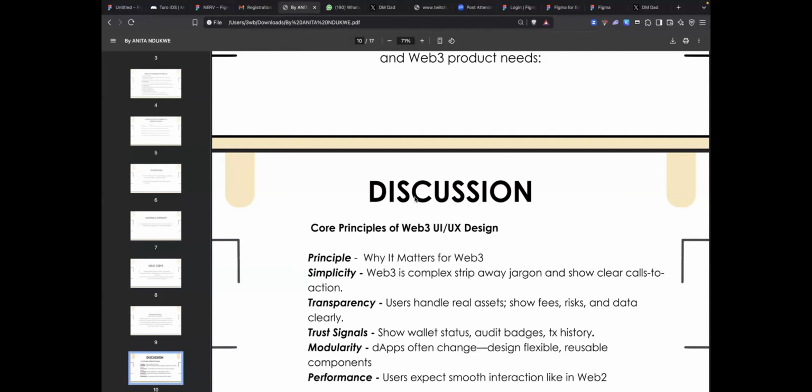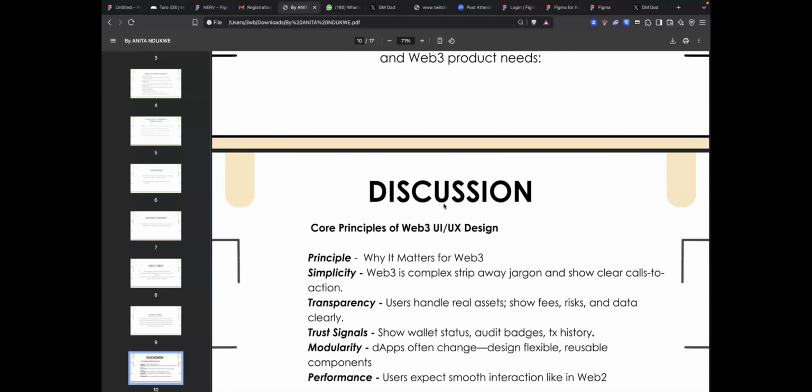If you're a new Web3 designer, or if you design for SaaS products, because I see a lot of people that want to design SaaS products but they're not into Web3 design, because that's what a lot of users are using, these dev tooling and so on. You have to be careful when you're designing that, because if I lose money, I will also come for you. That's just how it is.